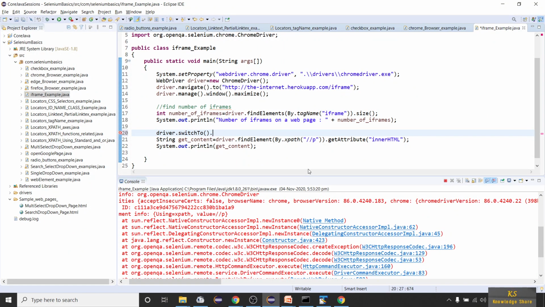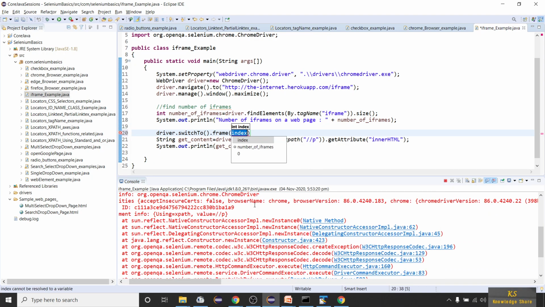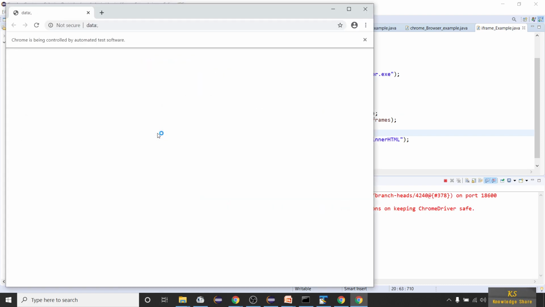How many iframes do we have? Only one, so I can give zero, or let me give the ID, by name or ID. Now if I run this program, it will run successfully because we switched to the frame and then tried to access the text.